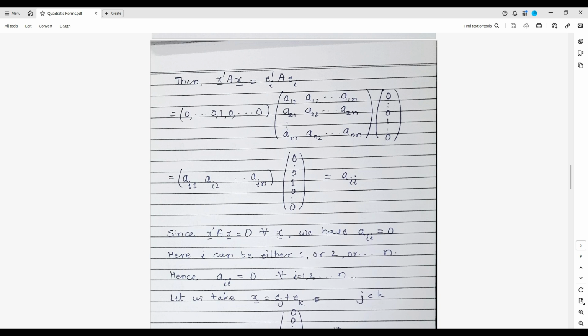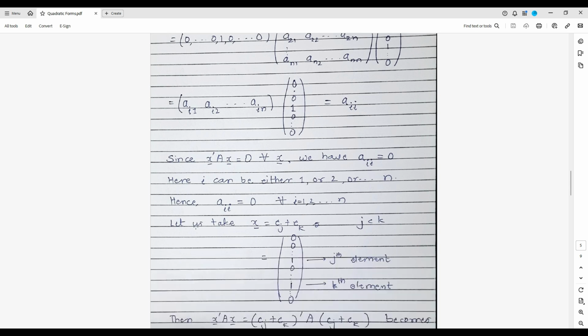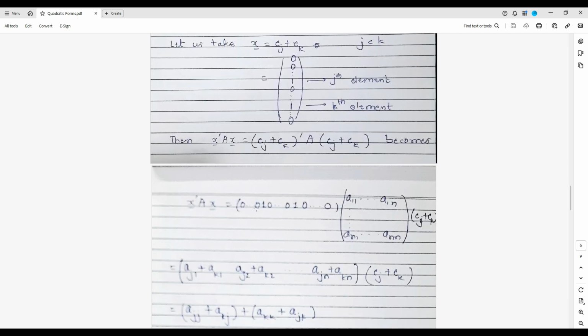Now, to show that the off-diagonal elements of capital A are also 0, we particularly choose vector x as ej plus ek, where j is less than k. Now how will this ej plus ek look? This ej plus ek will have all elements zeros except the jth and kth element, like this. So if I take x as ej plus ek, then the quadratic form x prime Ax will be equal to (ej plus ek) transpose capital A (ej plus ek). So upon simplification,